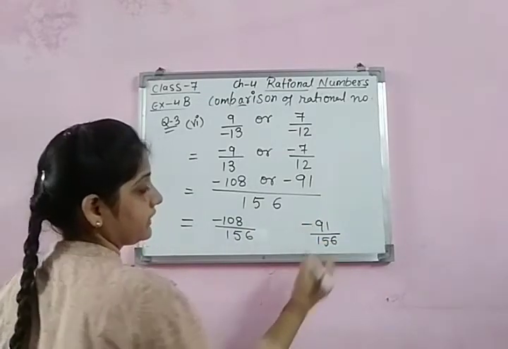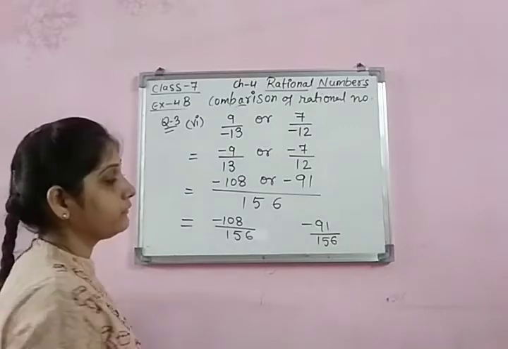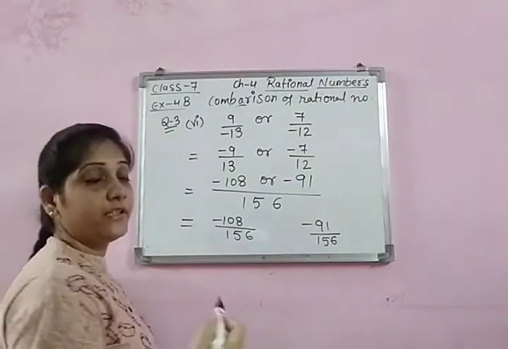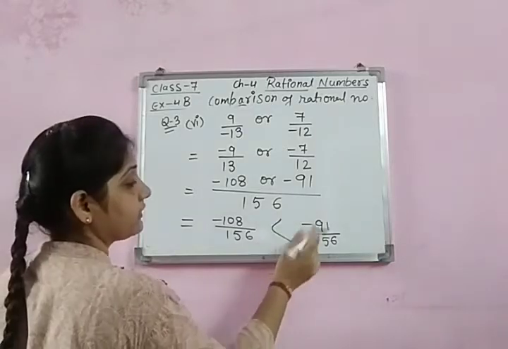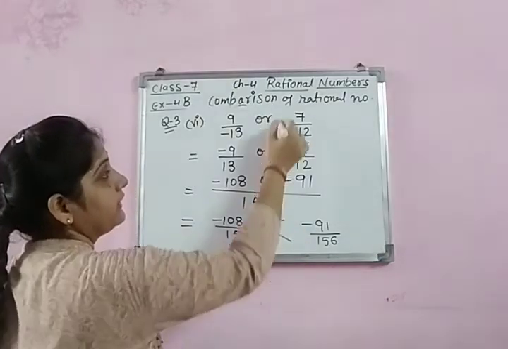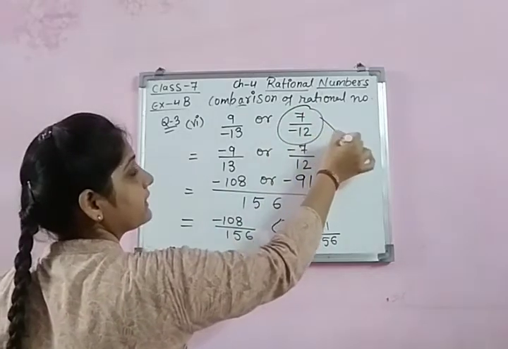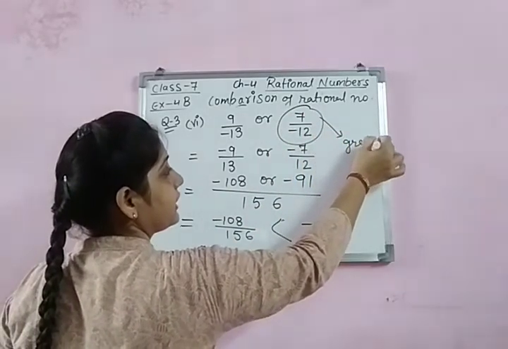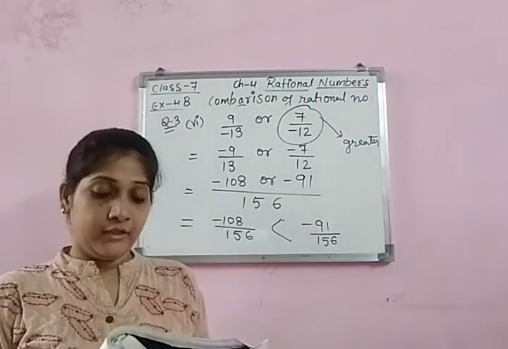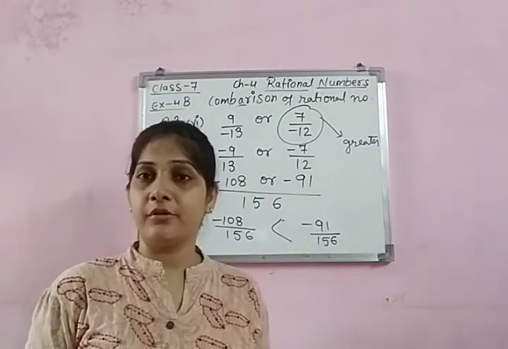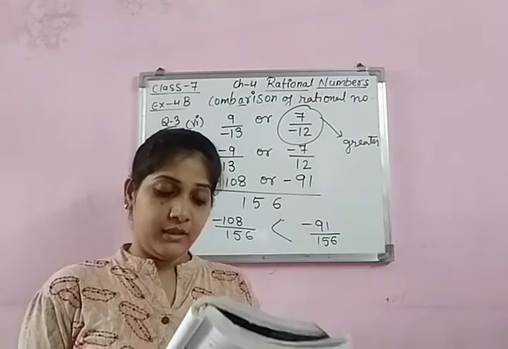upon 156. So can we compare which is bigger? With the negative sign, the number which is smaller, actually it is bigger. So negative 91 is bigger. It means this number is greater, this rational number. So I hope the thing is clear to you. So question number 3 also we can do, all the parts of it,